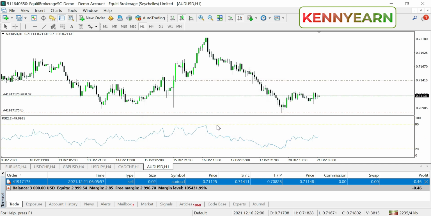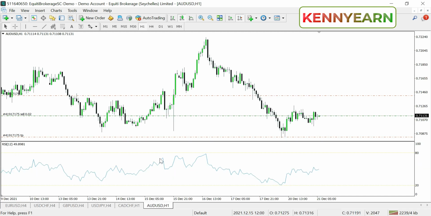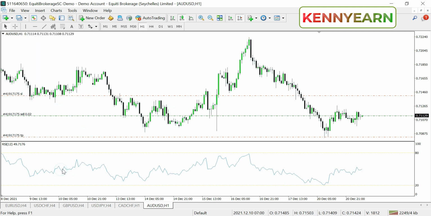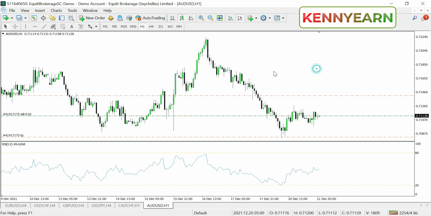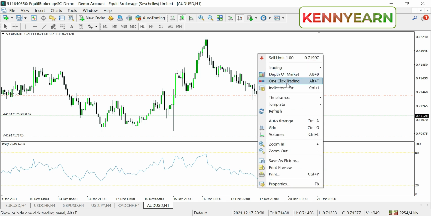All right, so let me close this terminal. So now the RSI indicator has been added. You can see this level is giving you 70%. That is the oversold. And this one here is 20. That is overbought. I could still right click inside this indicator and edit it. Or I could simply right click here and say